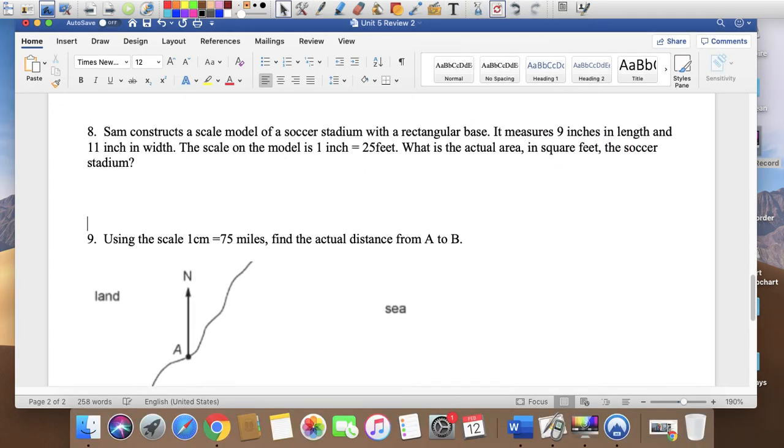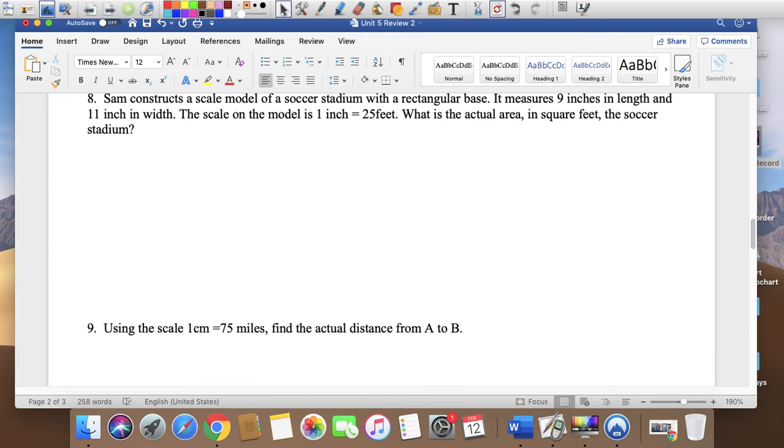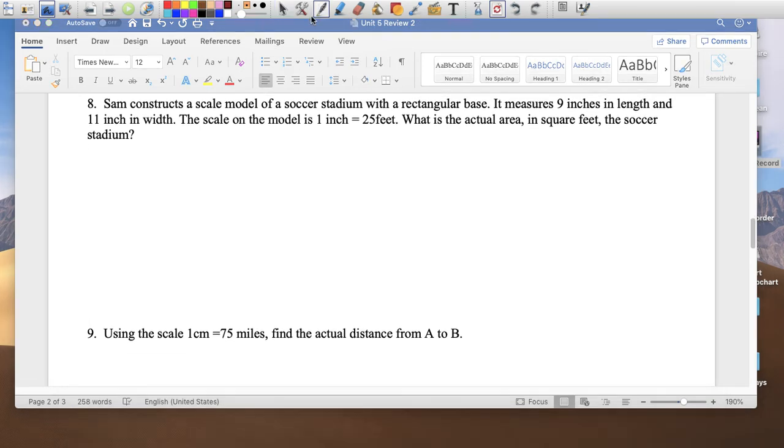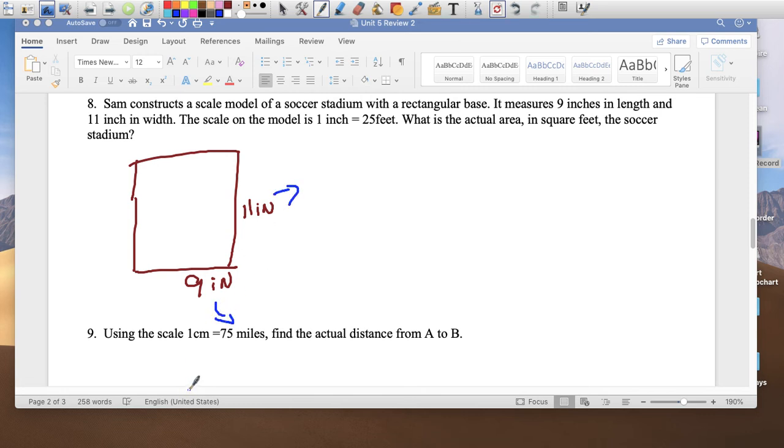Number 8. Sam constructs a scale model of a soccer stadium. So you're doing one of your science projects and you need to draw or build one. So there's a soccer stadium that measures 9 inches this way and 11 inches this way, right? So you built it up using whatever materials, and this represents the real soccer stadium in real life. And the question is asking you, what's the actual area of the soccer stadium in real life? Well, in real life it's pretty big, right? So let's figure out what this is and what this is. So 1 inch is 25 feet,